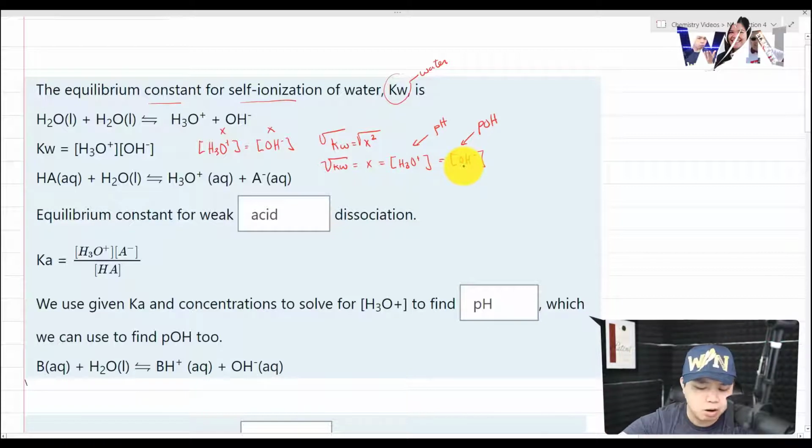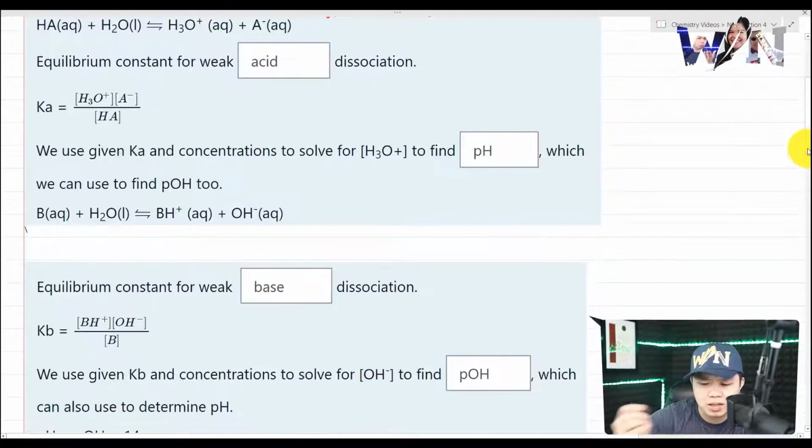So the next thing we are going to look at is the dissociation of weak acid and weak base, and they have very similar formulas. So what's the difference between acid and base? Well, Ka is for acid, Kb is for base, and we have the formula right there for you. And notice when we write the equilibrium constant, we ignore water, and here we have our acid. Again, it will break into hydronium ions and the conjugate base. So you can see that we can rewrite it right there.